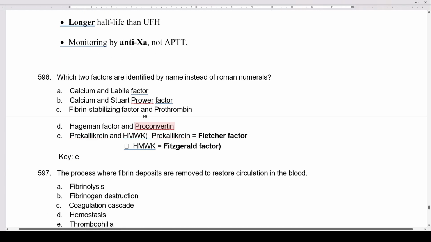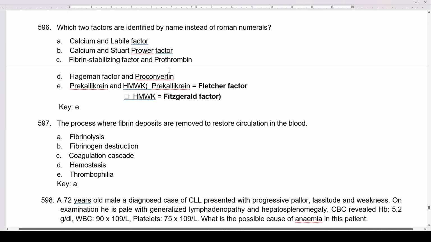Okay, which two factors are identified by the name instead of Roman numerals? So calcium and labile factor, factor 5 and 8 are labile. Calcium and Stuart-Prower factor is factor 10. Fibrin stabilizing factor, prothrombin is factor 2. Hageman factor is factor 12, and